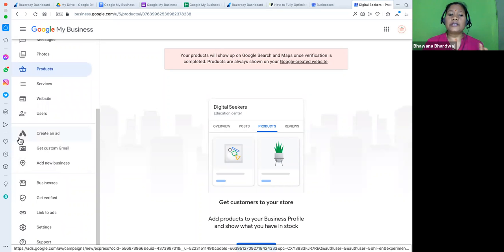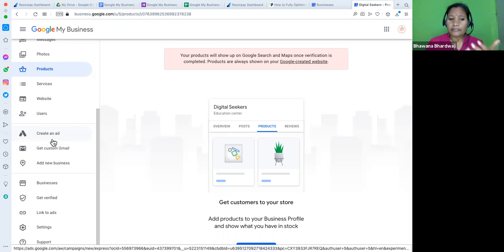Yes, 100% you can manage advertisement. This is the create an ad. Primarily, to manage Google Ads, to manage your advertisement on Google, there is a separate platform called ads.google.com. There you can manage seven or eight different types of advertisement. Search advertisement, when your ad will appear in the Google search. Display advertisement, when your ad will appear on other platforms of Google.